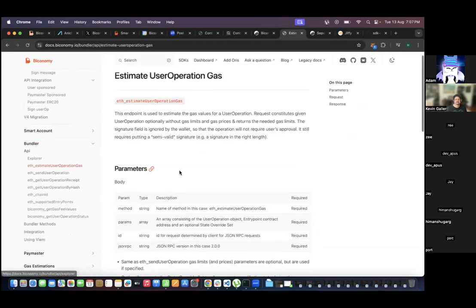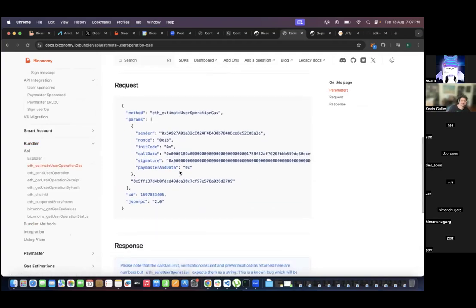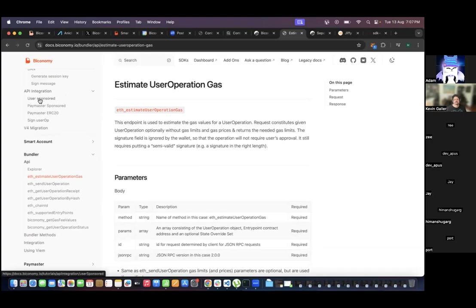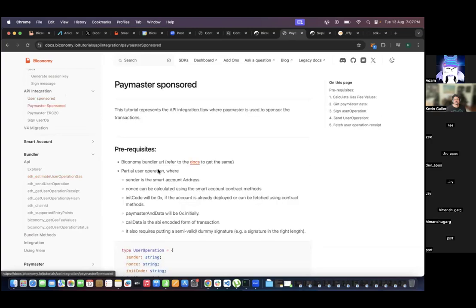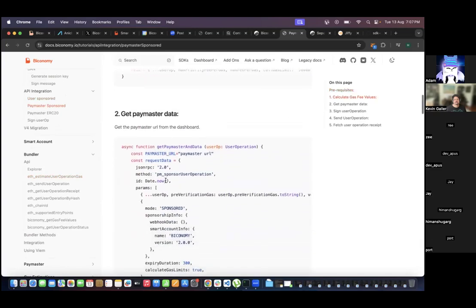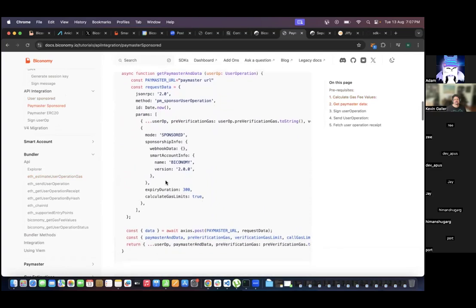If you are not building in TypeScript, you can make use of these APIs to send a user operation. That's what the API integration talks about. If you want to use the APIs, you can follow these tutorials and make the API calls